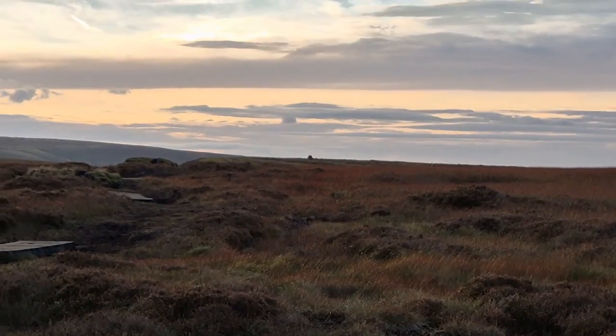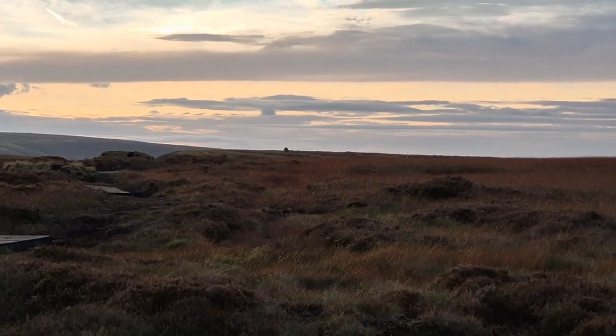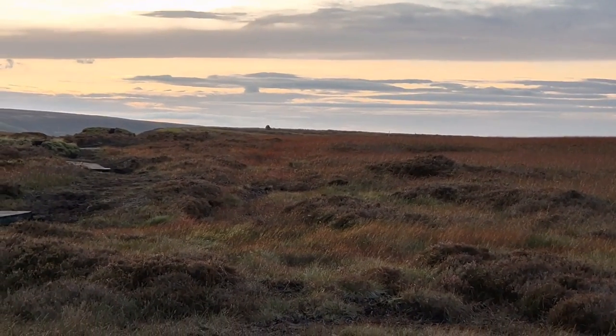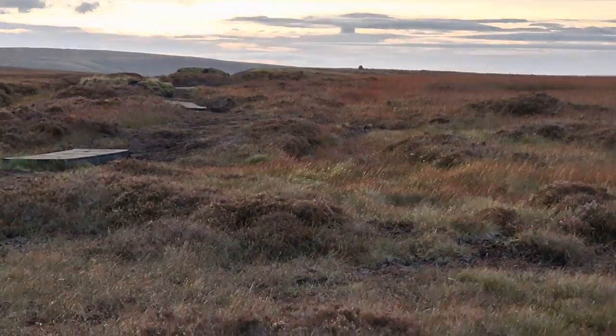So we can see sticking up on the horizon now the big cairn of Elbow End. That's where the intention to camp is this evening. We're going to get right up by the cairn and we should have a brilliant view. I'm just looking at these grouse butts as we pass them. I'm thinking if I'd brought the Alaca, we could have slotted it directly into one of the grouse butts. That'd have been quite interesting. But I've not, we've brought the Anaris, so